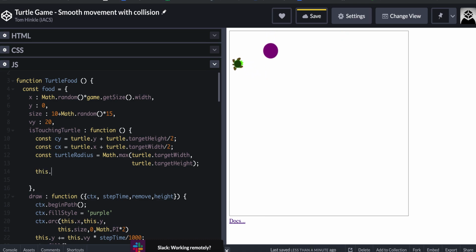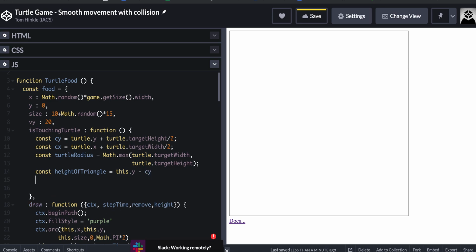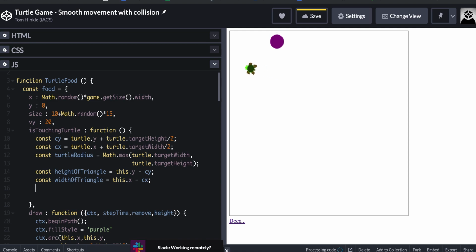So we can think of the height of the triangle, oops, do constants here, is equal to this.y minus cy, right? Const width of triangle is equal to this.x minus cx. It doesn't matter if these are negative or positive because we're going to square them, because that's the beauty of the Pythagorean theorem. Distance equals